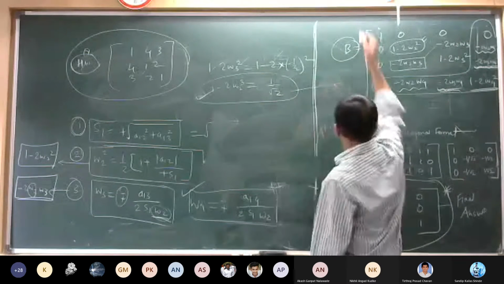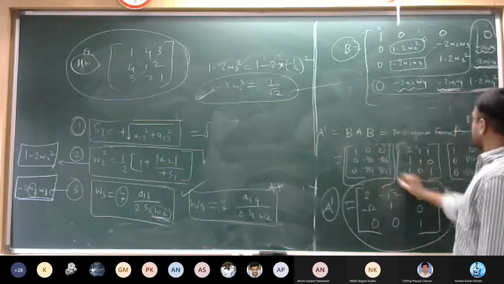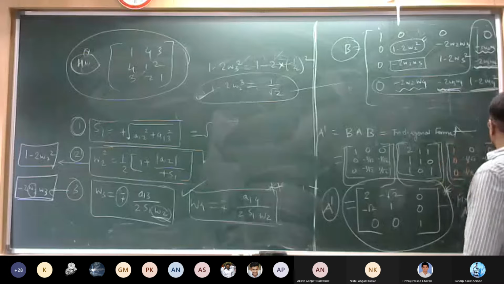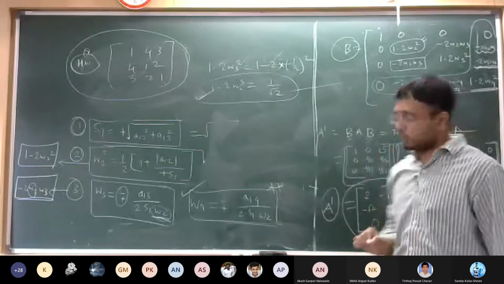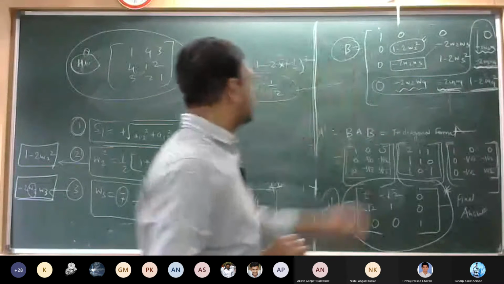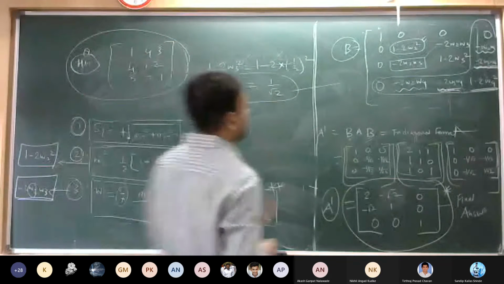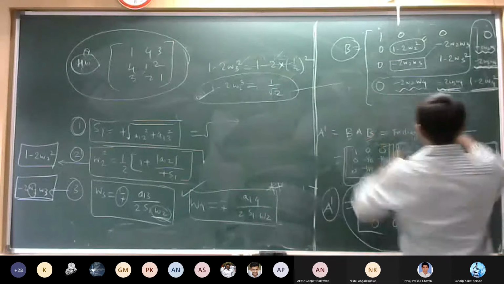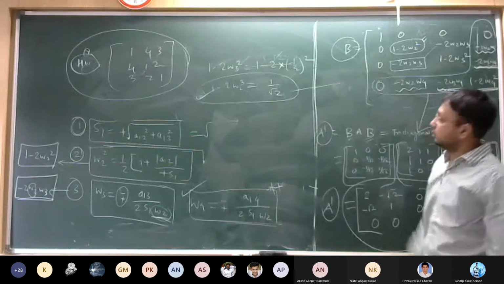And the B value. Obviously again it will be changed. It's going to change, given a 4 by 4 matrix and again that particular B matrix. So these both are same. B A B will be again converted to the tridiagonal format. So this is the orthogonal matrix. Using this orthogonal matrix, we need to convert to the A dash.